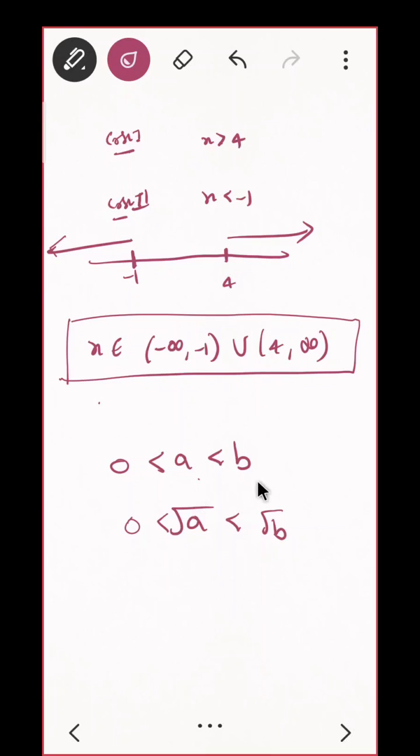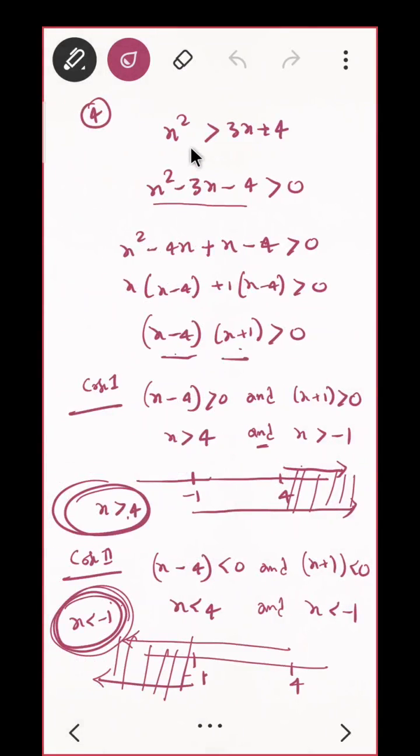Do you agree? If you are having a is less than 0 is less than b, then will this completing square method work? Taking square root, will it work? Because this one is negative, and this is whether negative or positive, it depends on your value of x. Correct. So this is the best way to handle. So I will suggest everyone to stick to this rule only. This is the best way to work with that type of question.